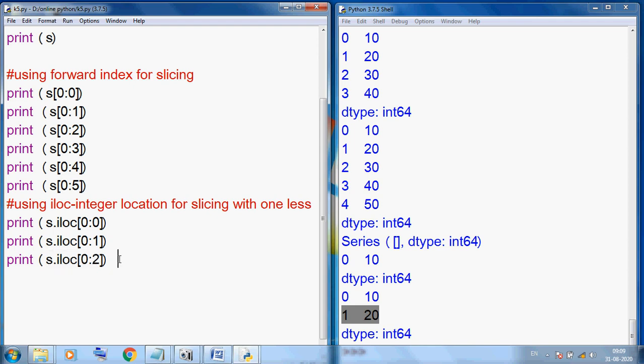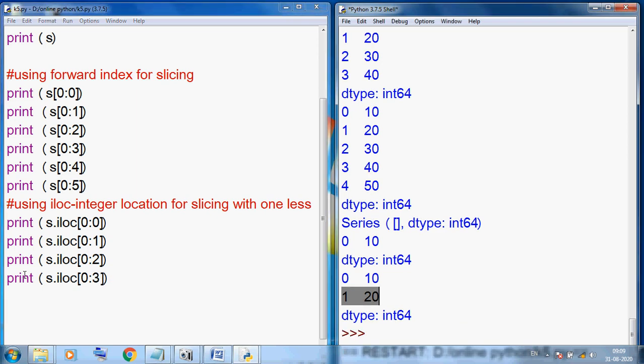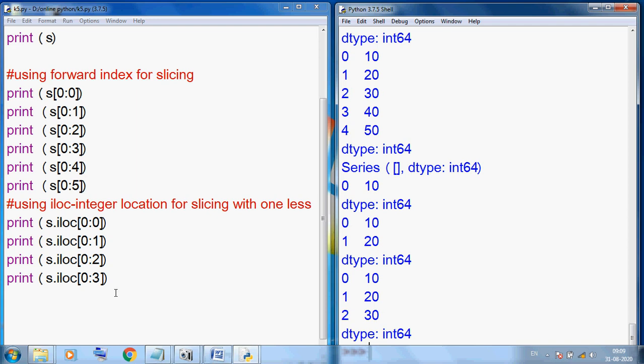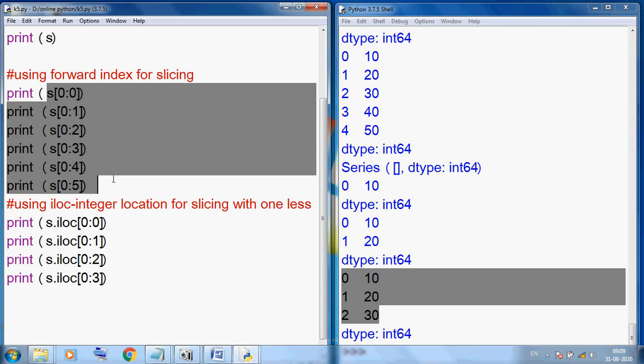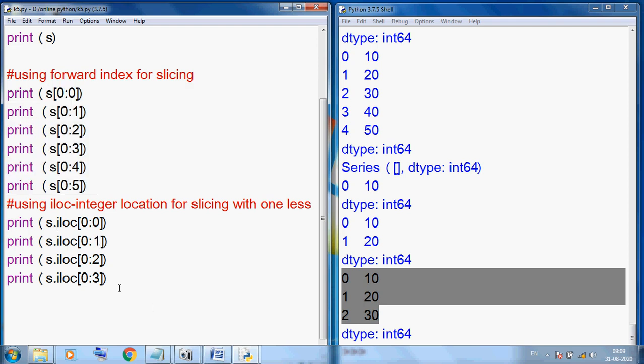Here I am using Control C, Control V again. Here I am using 3. Control S, F5. You can see 0, 1, 2. So the same thing we can perform using iloc. Here we can access values from the start to our desired index position using iloc.